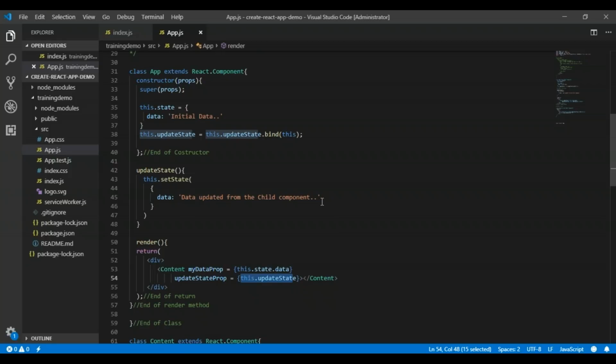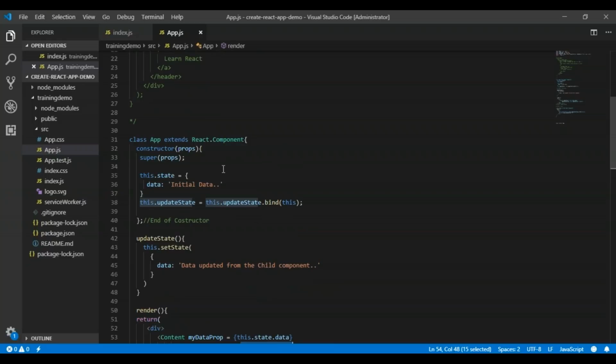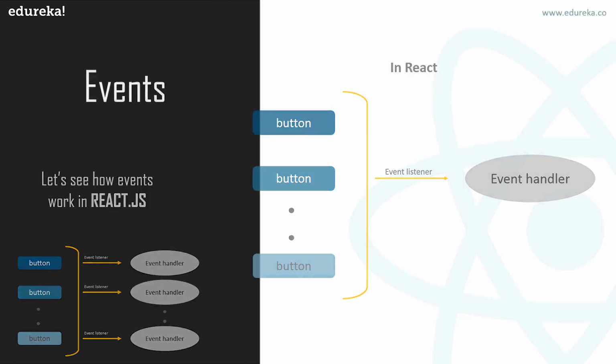That is the only trick by which we can prevent a component from rendering on the DOM: you can return null instead of its rendered output. Now we can see the component events, that is, how events are created in components. This I have already shown you. Let's go back to the slide and talk about some other fundamentals.